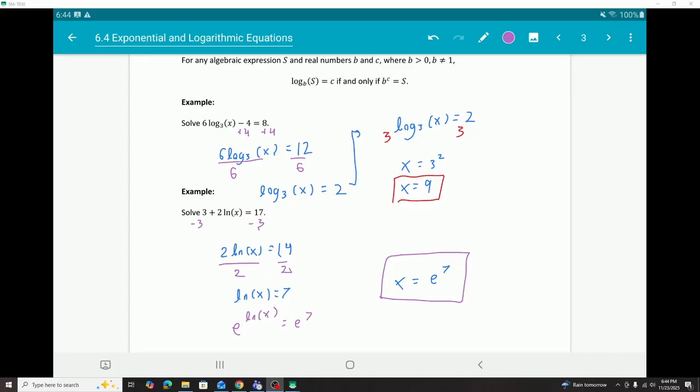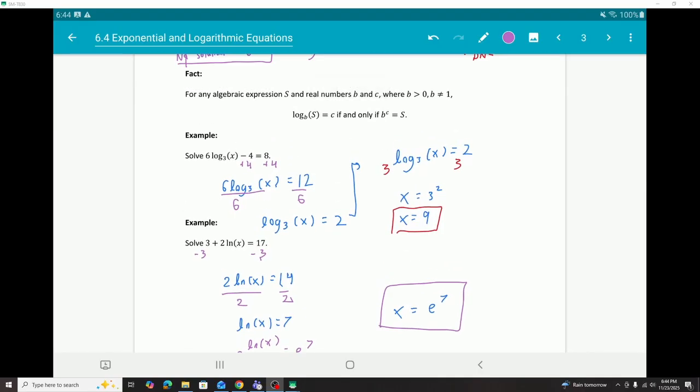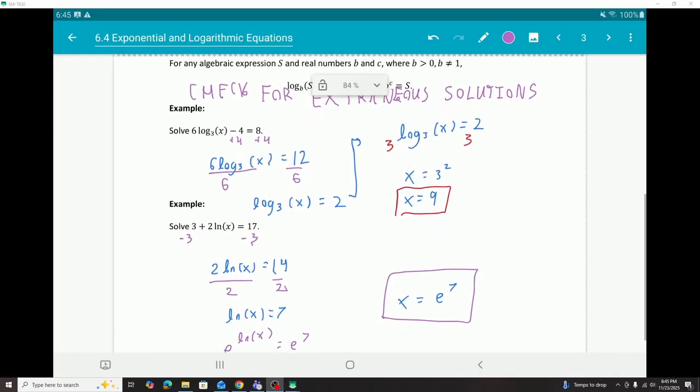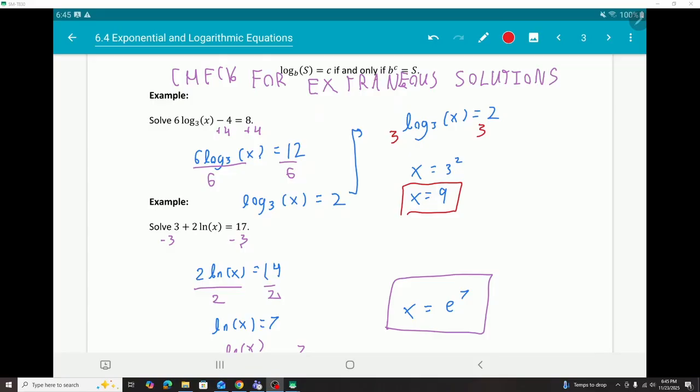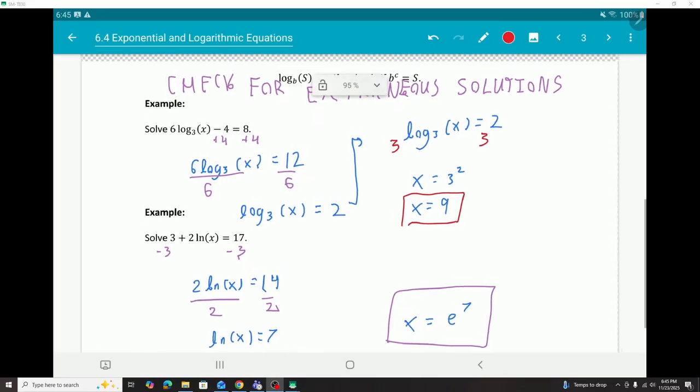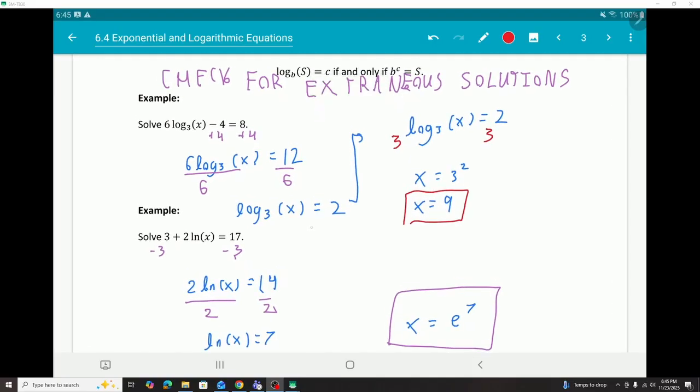One thing I need to say before we move on is for logarithmic equations, you always need to check for what are called extraneous solutions. So what an extraneous solution is it looks like it works on first glance, but when you try to go back and plug in, it causes a domain error. I didn't do that here, to be honest, because I didn't remember it first shot, but let's go ahead and do that now. I go back and I plug in,